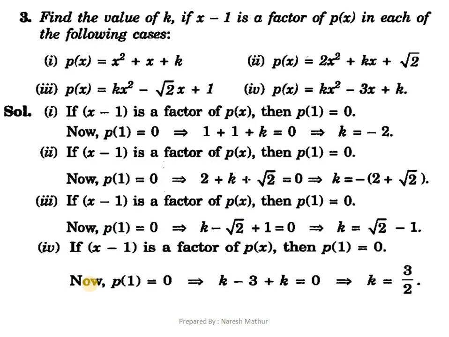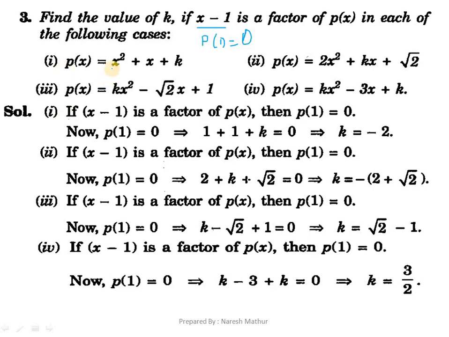Alright. Now the third one is same, but we need to find the value of k if it is given x minus 1 is a factor of p of x. Now see, it is already given as x minus 1 is a factor, so we don't need to check whether it is a factor or not, but we need to find the value of k. So what we are going to do, if it is given x minus 1 is a factor, so we'll go for the p of 1 in each case and we'll equate it with the what? 0. Alright, as it is given that it is a factor, so p of 1 will be 0.